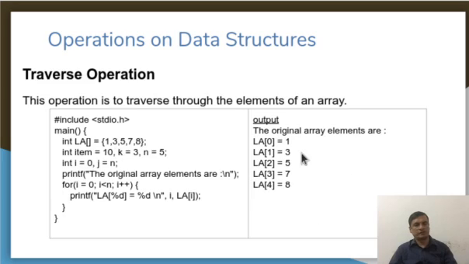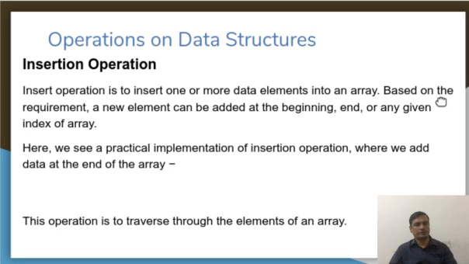So the output of that program will be the respective linear array values at the specified indexes. It's going to print them in a linear fashion. So that is what the traversal operation is. The traversal operation can be either printing or scanning or applying a particular operation with respect to every index. And followed by the insertion operation.